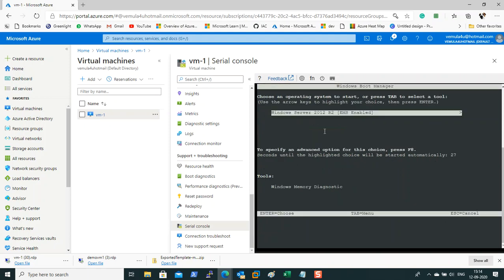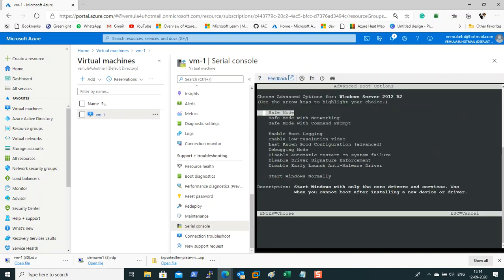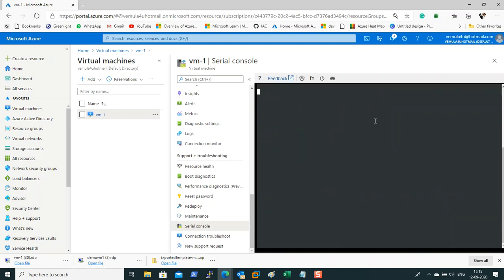Now you can see this particular boot process, and I pressed F8 from here, the function key. Now you are here in the advanced options of boot. You can choose different options. You may want to get into safe mode and work on that, or sometimes you may want to get into last known good configuration, or sometimes safe mode with networking. So there are multiple options here. I'll select last known good configuration, and that boots my machine in last known good configuration state.